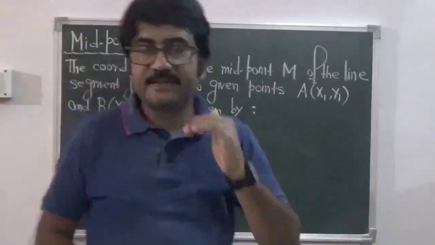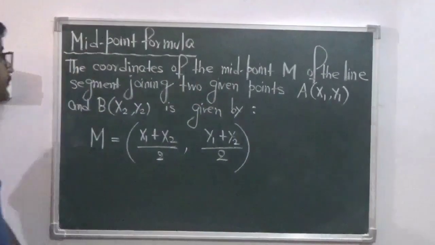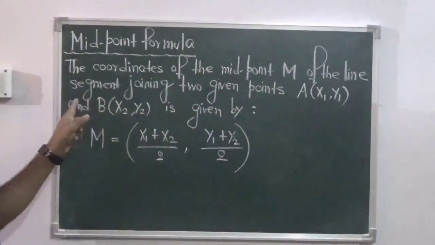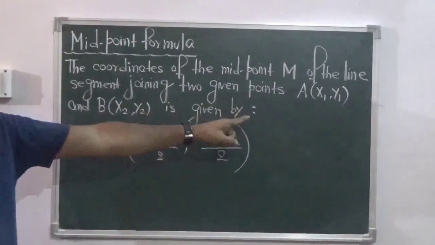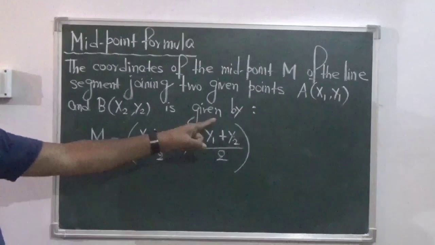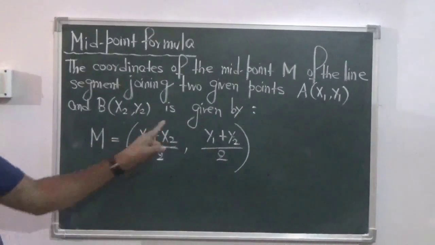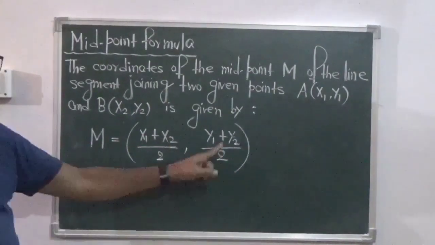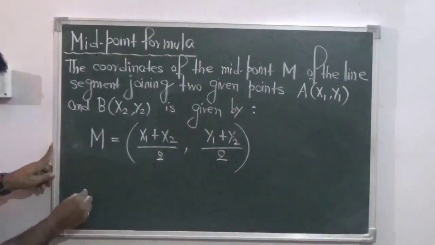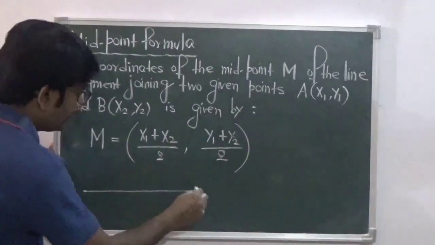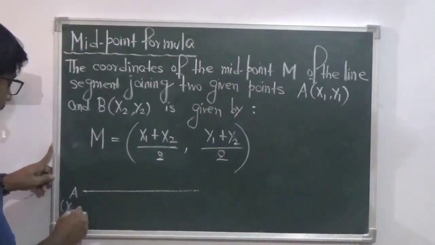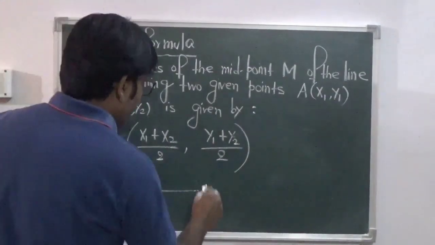So now let us see what is the midpoint formula. The coordinates of the midpoint M of the line segment joining two given points A (x1, y1) and B (x2, y2) is given by M equals (x1 plus x2) by 2 and (y1 plus y2) by 2. Now what actually is happening here, if these are the 2 points A (x1, y1) and B